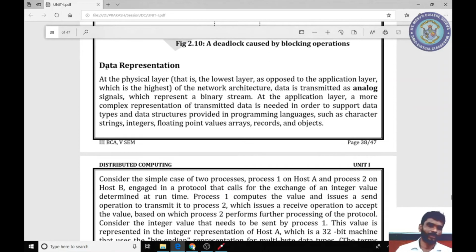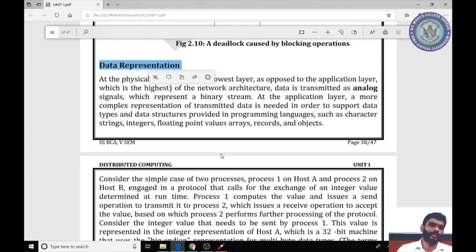Okay, now let me continue with data representation. In IPC, inter-process communication, the processes are transferring information from one end to the other, that is, sender to receiver. But there should be a uniform standard maintained, so that data sent by the sender can be identified by the receiver.